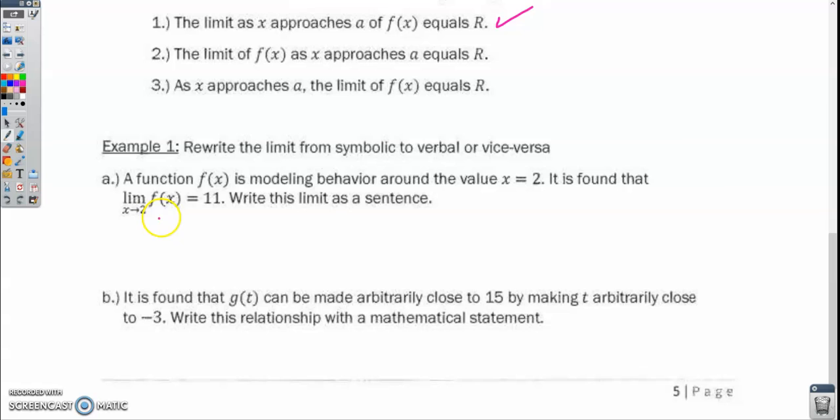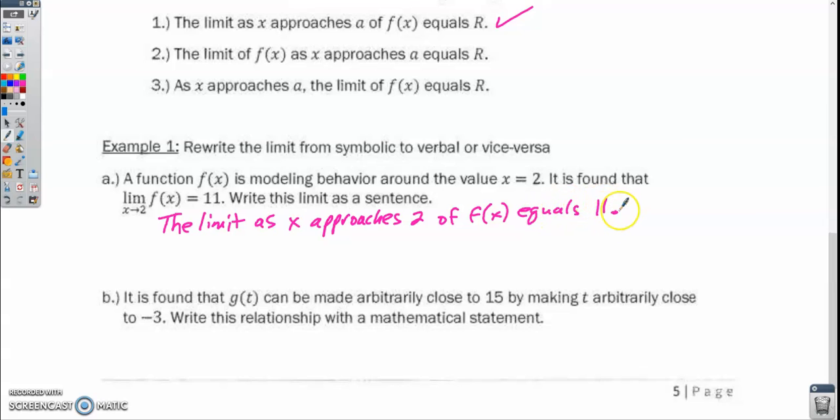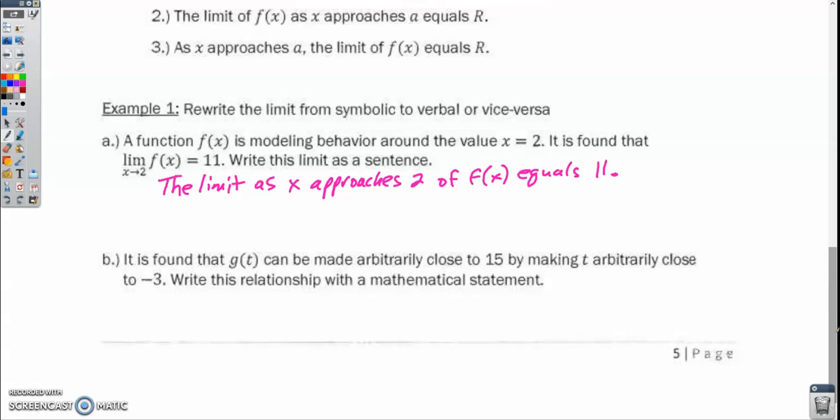Like I said, I normally use that top one. This says the limit as x approaches 2 of f of x equals 11. You could also have written the limit of f of x as x approaches 2 equals 11, or you could have said as x approaches 2, the limit of f of x equals 11. All right, and then part B, it is found that g of t can be made arbitrarily